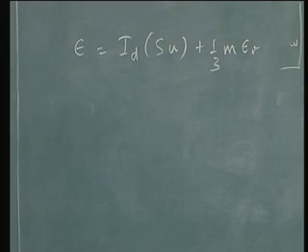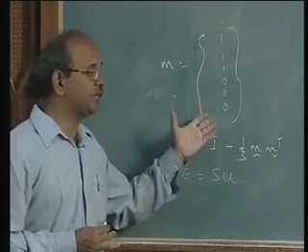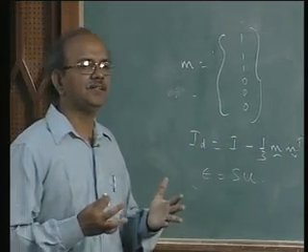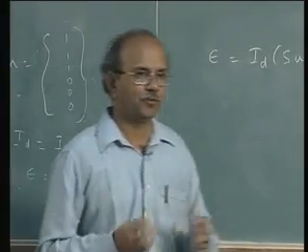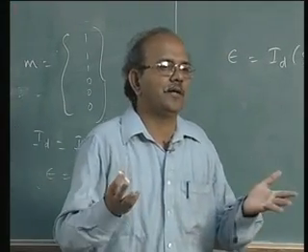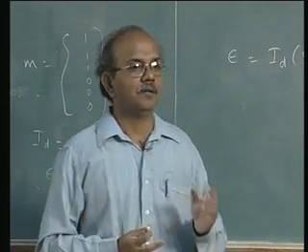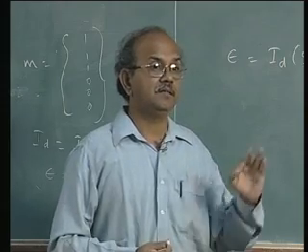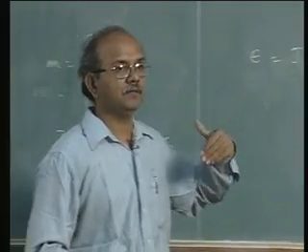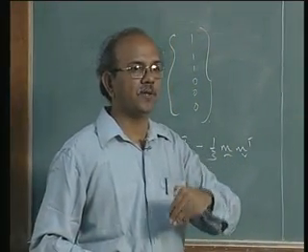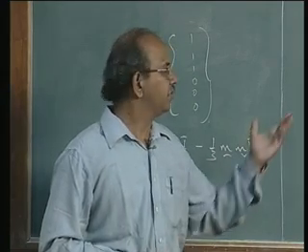What is m? M is this. Just as I told you, don't put a physical meaning to m. It is just a way of writing so that you can write the whole formulation in a matrix notation. There's no physical meaning to m. It's just like a unit matrix. You have 1 1 1 0 0 0 and so on, right? So this is a way of writing the indicial or tensorial notations into a form which is more amenable for implementation. That's all. Or else it becomes difficult to implement.